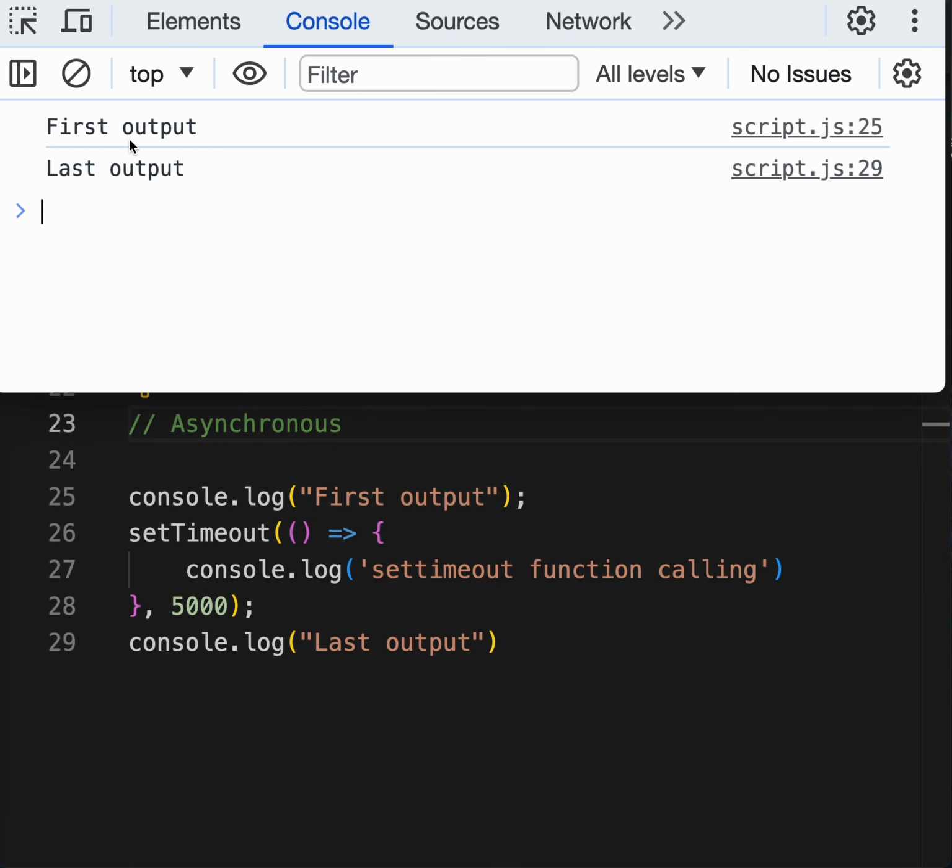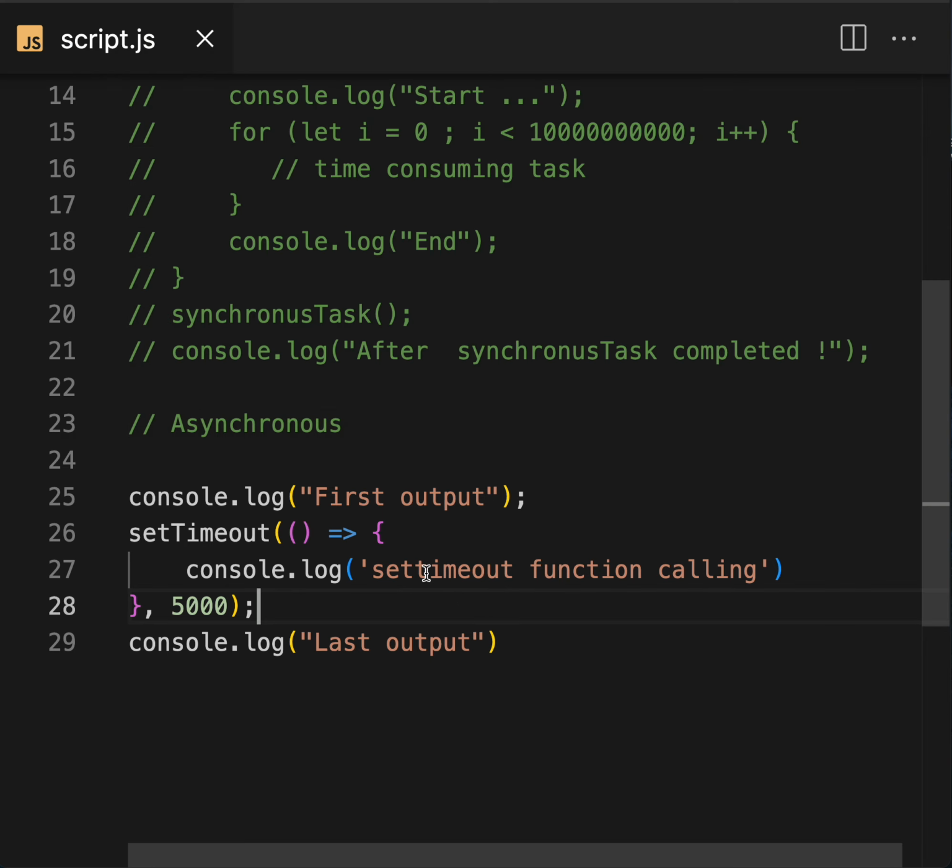You see, first output, last output, and it is still waiting for setTimeout to complete. Then it prints the setTimeout function's output after 5 seconds. You can log task complete after 5 seconds.